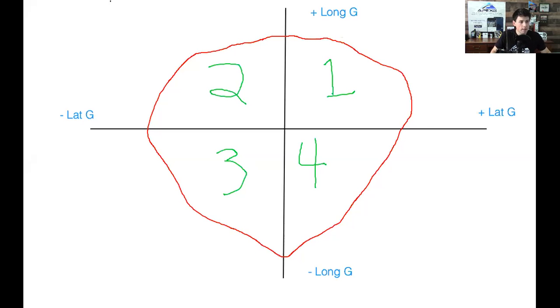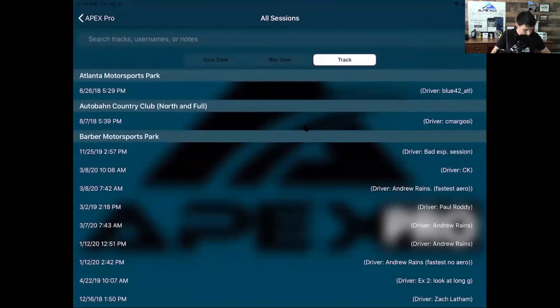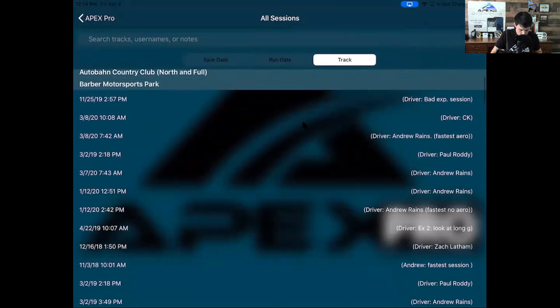All right, so let's stop this sharing, and then let's take a look at this same thing in the Apex Pro app. So I'm going to share the screen of my iPad, and bear with me, I'm using screen mirroring that's wireless, so it takes a little more bandwidth, so things might be a little slower. So let's look at the session that I sent you, which was, I believe,